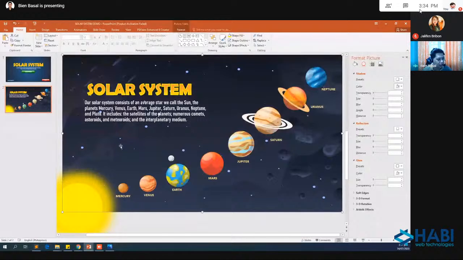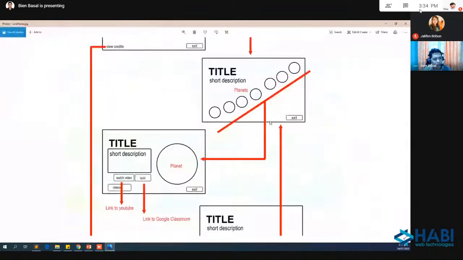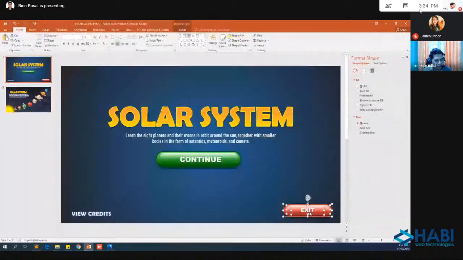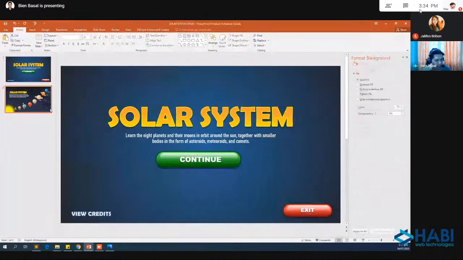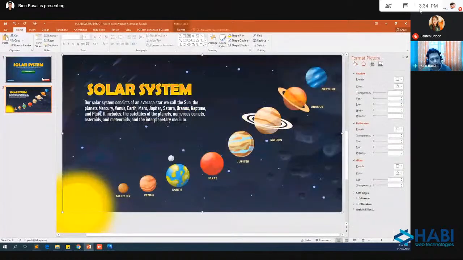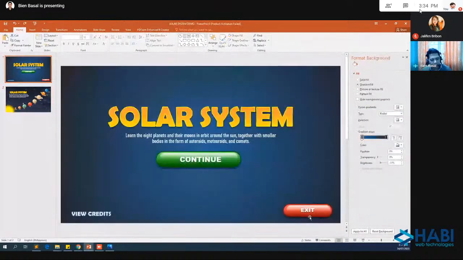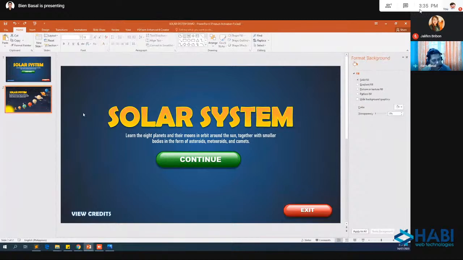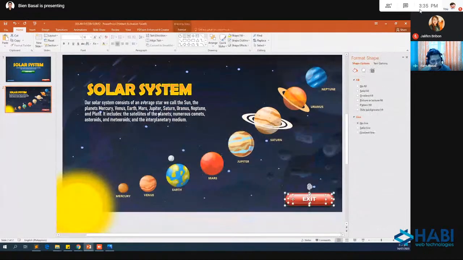Again, in our plan here, we have an exit button. We need to get this exit button. And again, I can just simply copy this. Copy, and I will paste po sa baba dyan. Now, in PowerPoint, for example, if the location of your exit button is in the lower right, after you select and you copy, automatic, if you paste it, it will place it in the same location.